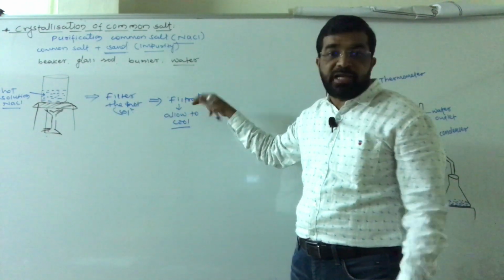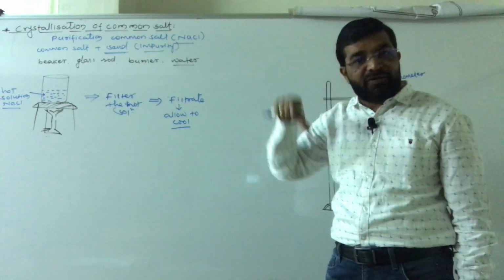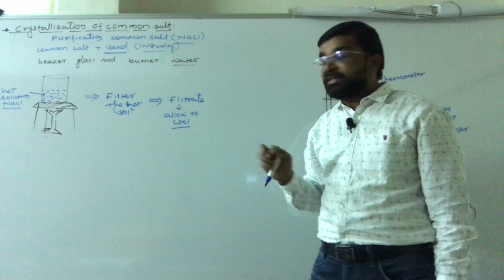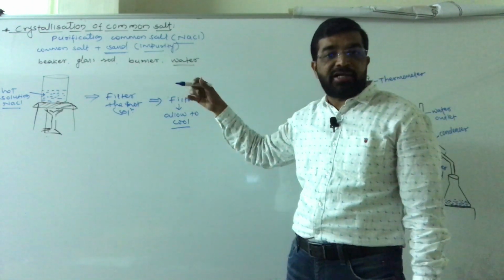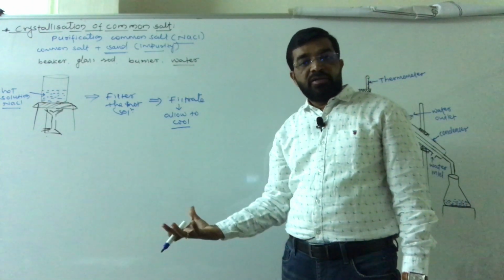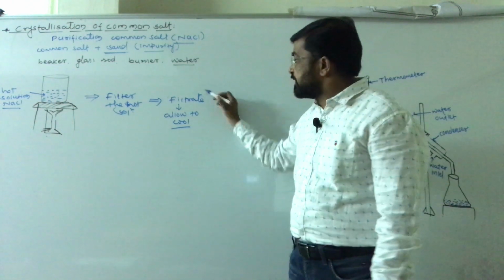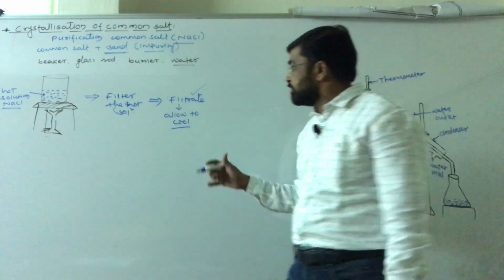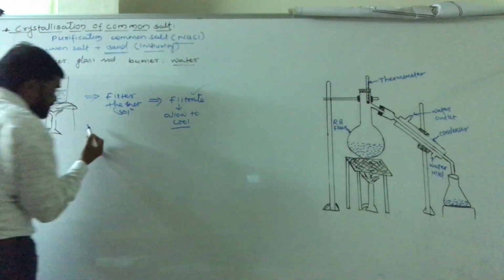Then the filtrate is obtained. After filtering, what will come? The filtrate will come there. We have studied this in the first lecture. That is, the solution obtained in the beaker when filtered on the filter paper is called the filtrate, and this filtrate is allowed to cool. On cooling the solution,